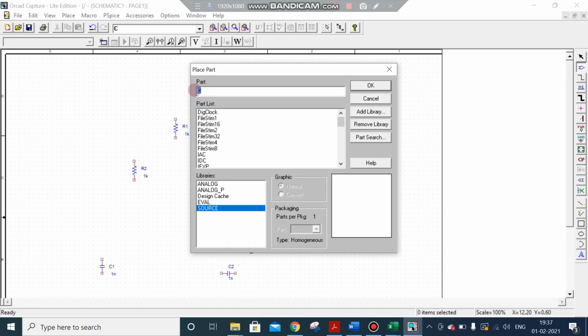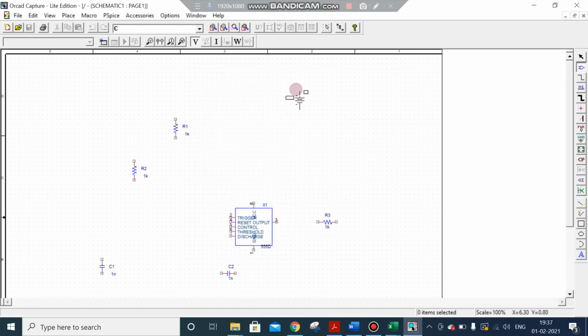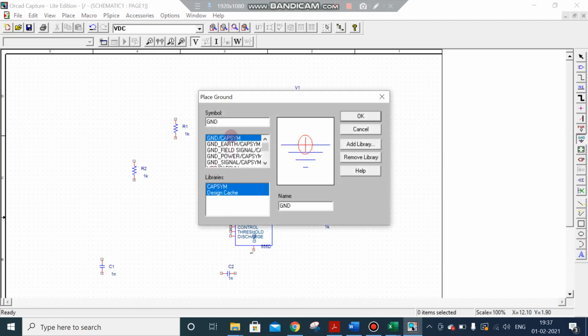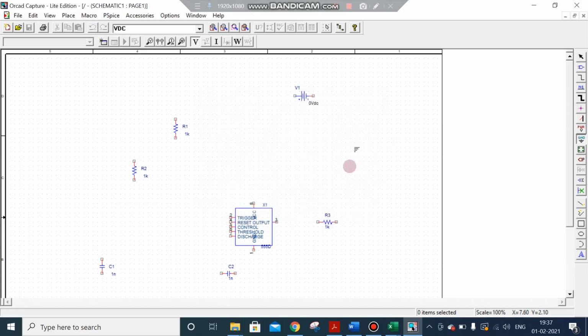Then DC voltage. Then ground connection. Ground. We have to choose this. We should make this 0. Here one ground.